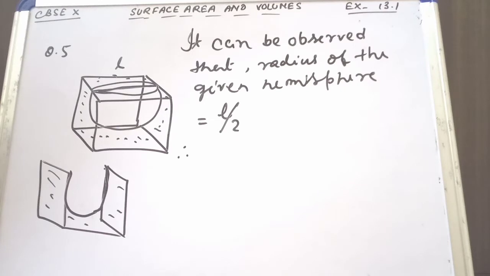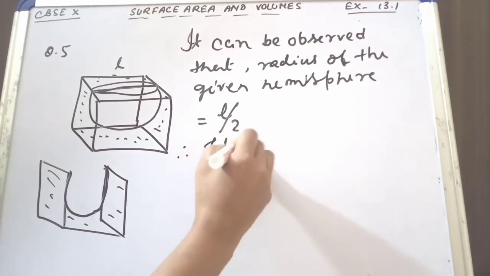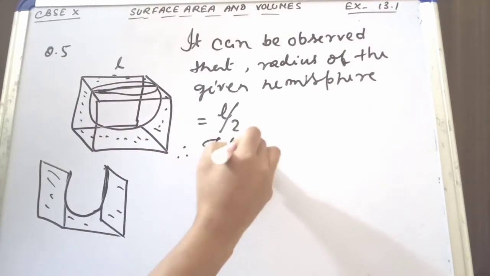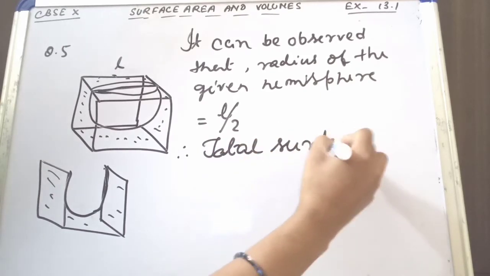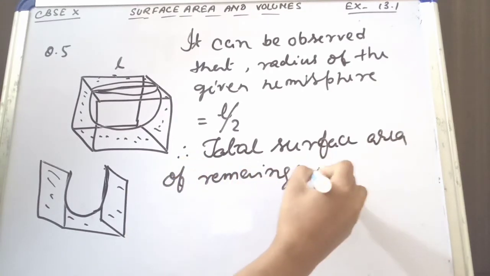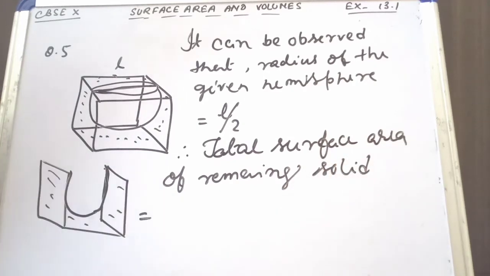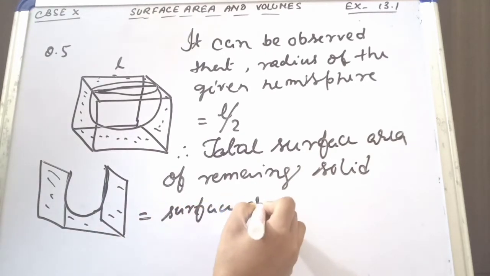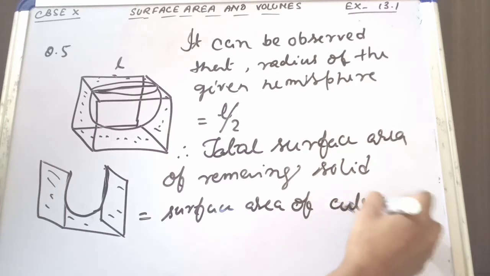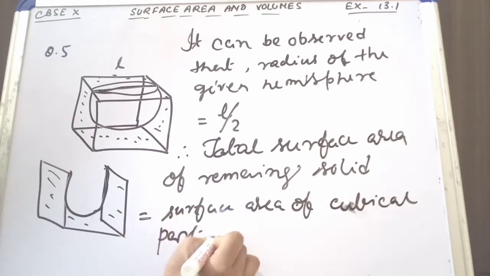Now, total surface area of the remaining solid is equal to the surface area of this cubical part, minus